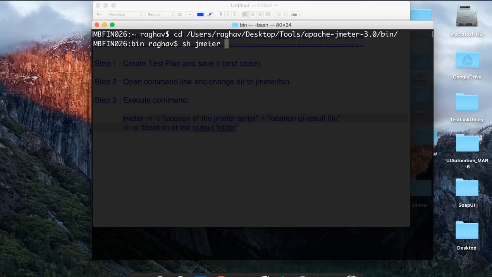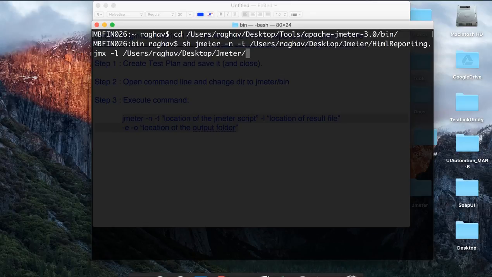Okay, -n -t, and now I have to give the location of my script. So my script is at users Raghav desktop jmeter html reporting.jmx -l. I have to give the location of my CSV file, the result file. So again I will go to the same location, and I want to save it as